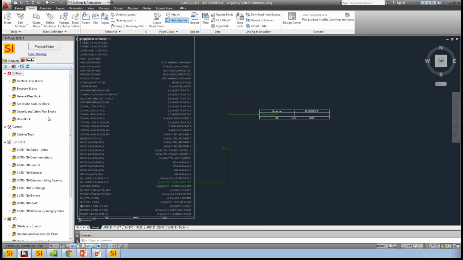The block list is a lot different. It's much more like our Visio one. Now, we made some major changes in version 6 to the Visio side. We didn't really touch AutoCAD too much as far as our block library. We used to be category-based out here. That was historically what DTools did. We did categories of